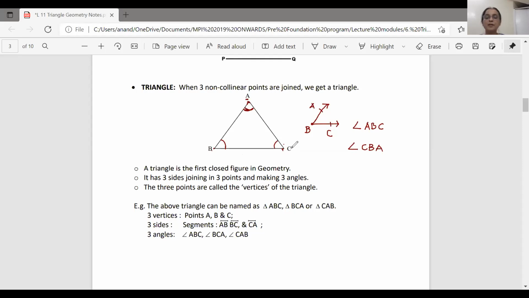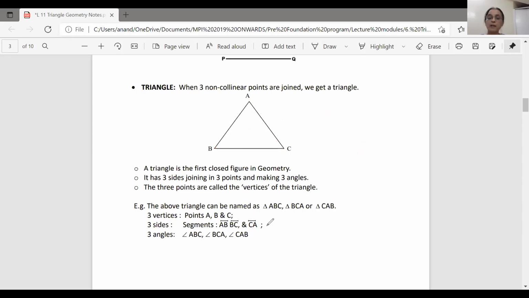And normally the side opposite C is shown by small c. This is a very common convention that is used. The side opposite capital A is called small a, and the side opposite capital B is called small b. This is a very commonly understood convention. So instead of saying segment AC, I will say side b. What is side b? Something that is opposite vertex B. This is a very commonly understood terminology. There is no hard and fast rule for it though, but these are the terms that we use for